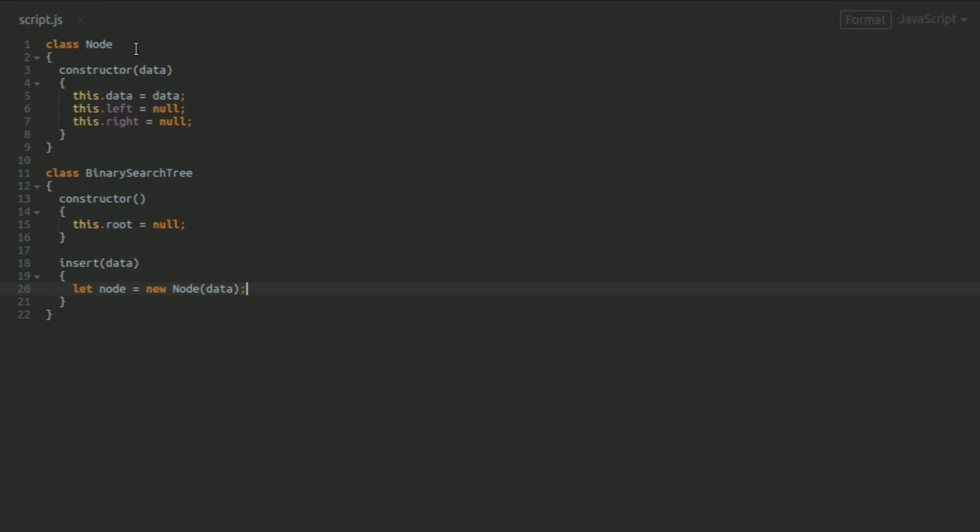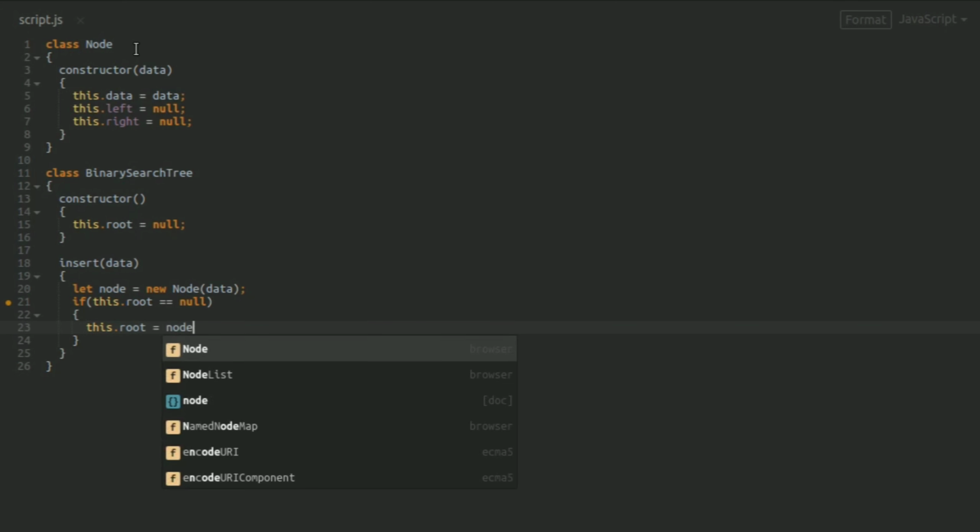Okay. Now if our root equal to null, that means we are having no node in our binary search tree, then we will push this particular data into it. So this particular node which we have created right now,